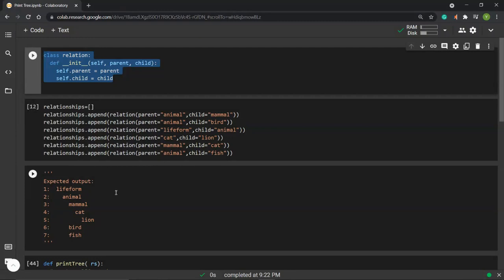And so the problem for the Google phone interview is, given all these relationships, we want to print out the hierarchical relationship in this form, right? So the parent of all the children, which has no parent, because this is the highest parent, will print